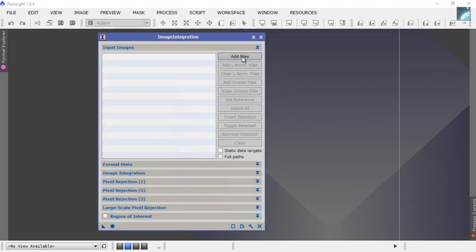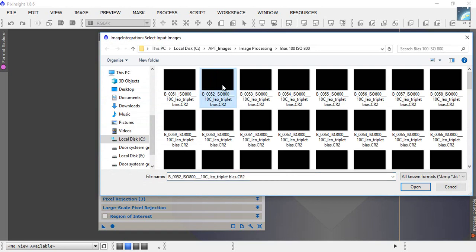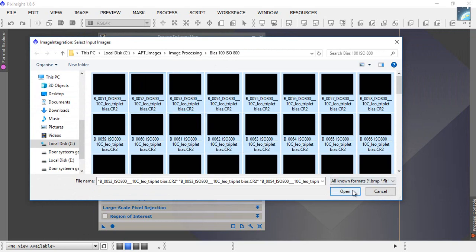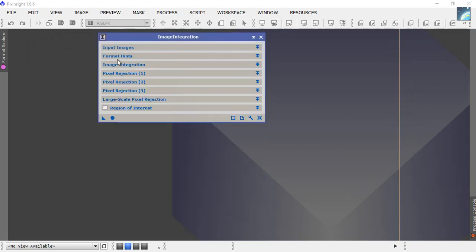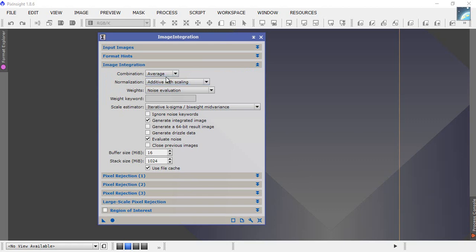At the top here we click add files and add all our previously created bias files. So here's the list of them. Control A, click open, and the list of input images will be populated. A few more settings to add, let's just minimize that one up there so we can see what we're doing. Image integration, average, normalization, no normalization, and in weights we don't care. Next one,